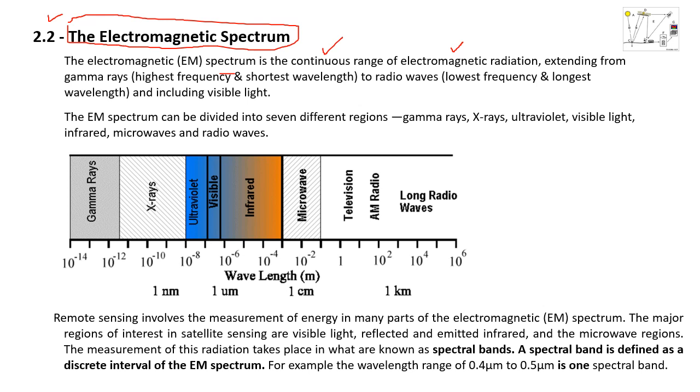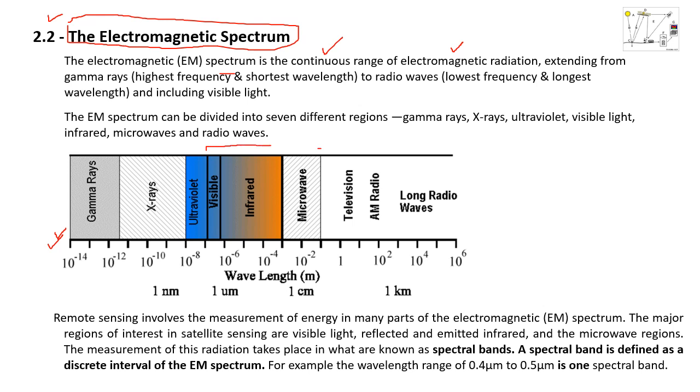The smallest wavelength is the gamma rays, X-rays, then ultraviolet, then visible, then infrared, microwave, television, AM radio, and long wave radios. The point is which part of this spectrum is important from the viewpoint of remote sensing? Its answer is from the visible part